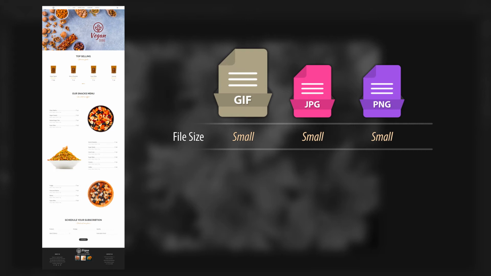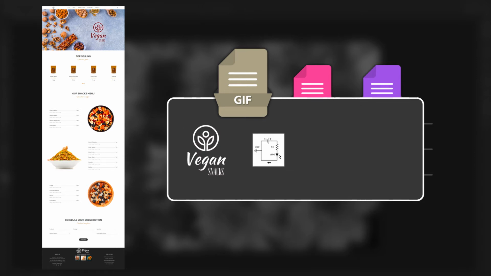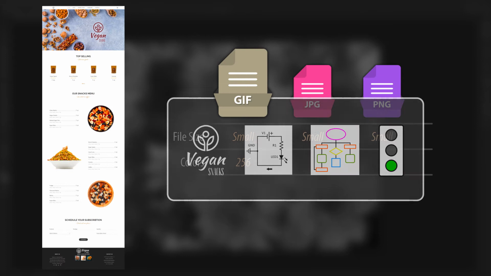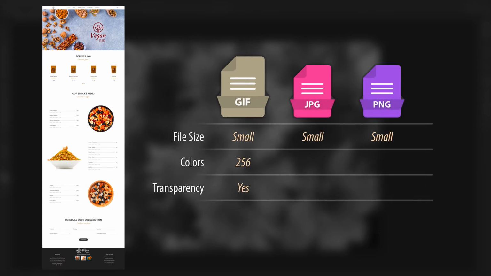The GIF is a very old file format and widely used in the starting era of websites. Storing a maximum of 256 colors is the limitation of this file format. The images having fewer colors like logos, diagrams or flowcharts in which limited colors are being used can be saved as GIF file types. GIF is the only image file format which supports animation on web pages. It also supports transparency. The next file format is JPG.